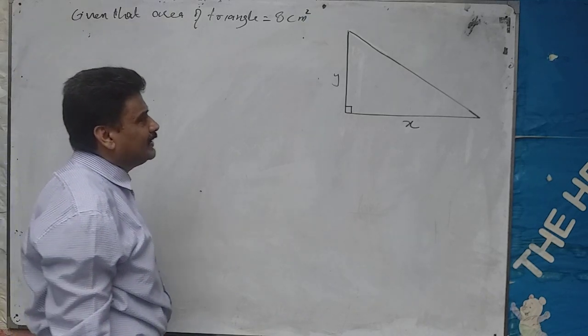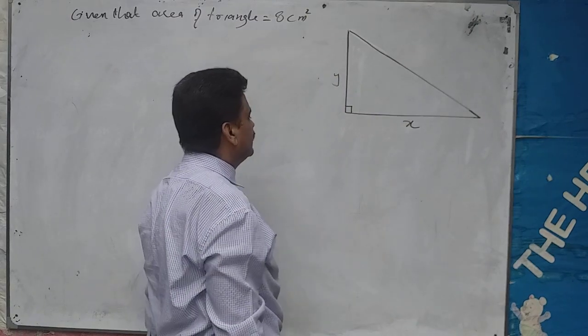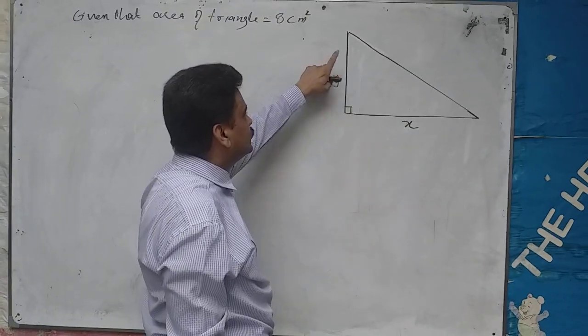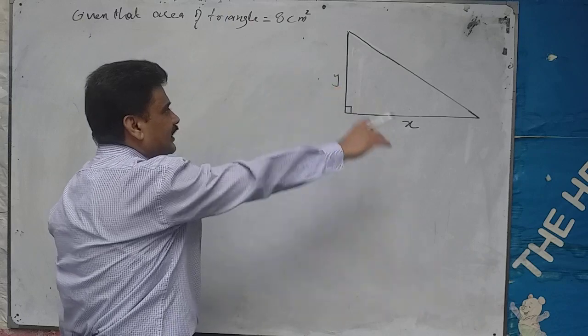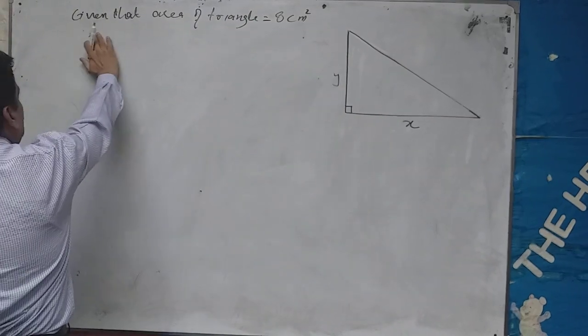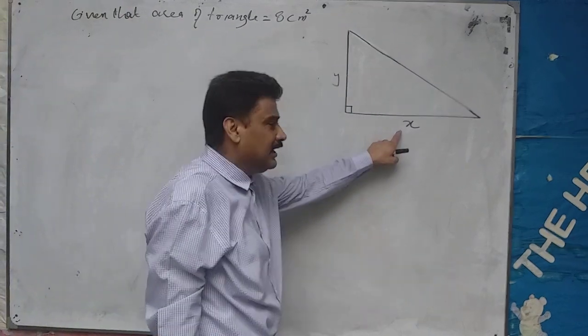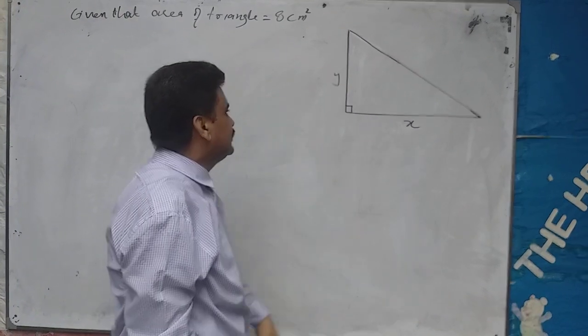We have to show that the sum of square of these two sides, I mean to say square of base plus square of altitude, is minimum. These two given sides, base and altitude,